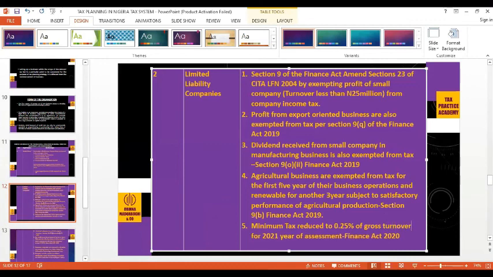Usually it is 0.25% of gross turnover, and the turnover is after you reduce franked investment income, so income that you've already deducted tax from. So minimum tax is 0.25% of gross turnover. The standard minimum tax is 0.5% of